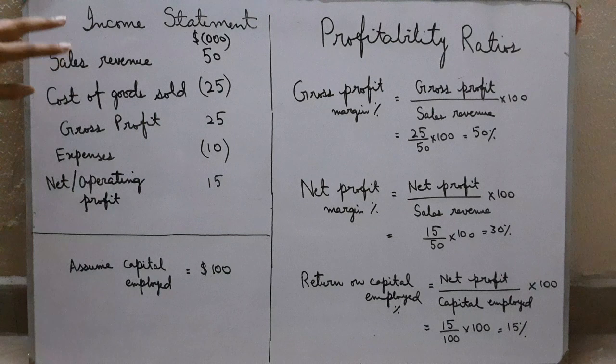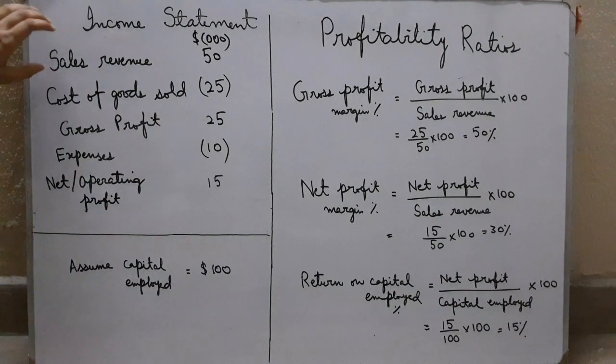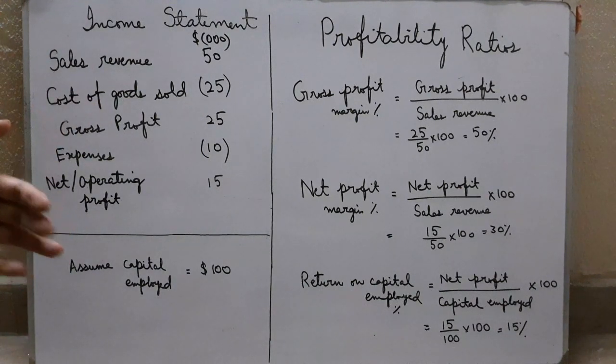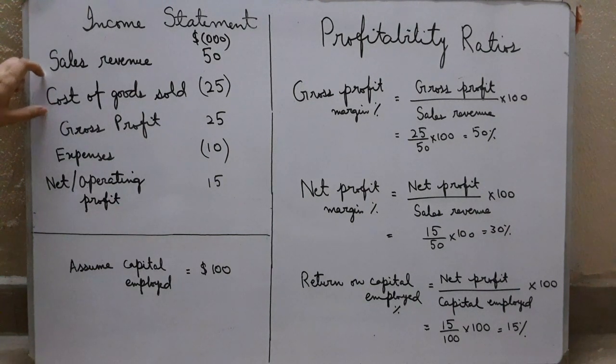And if sales revenue has increased, that can be due to better pricing strategies, better marketing strategies, or better quality of the products. This is how you have to comment on this. But if we talk about the cost of goods sold, why has it decreased? Maybe you were able to hire workers on lower wages or maybe you have bought raw material at lower rates. Maybe you have bought in bulk. Because of that you have got a discount and you were able to reduce your cost of goods sold.